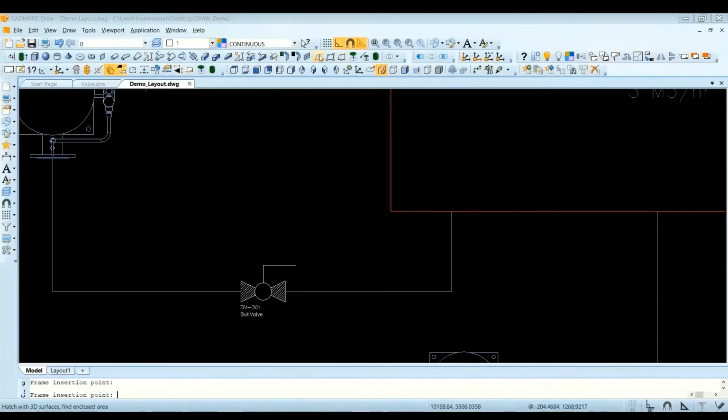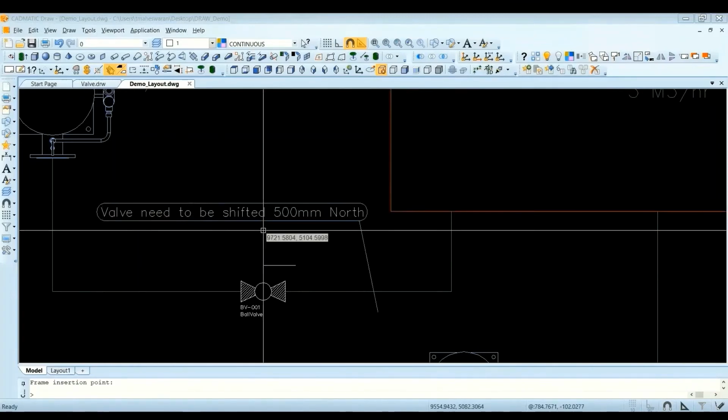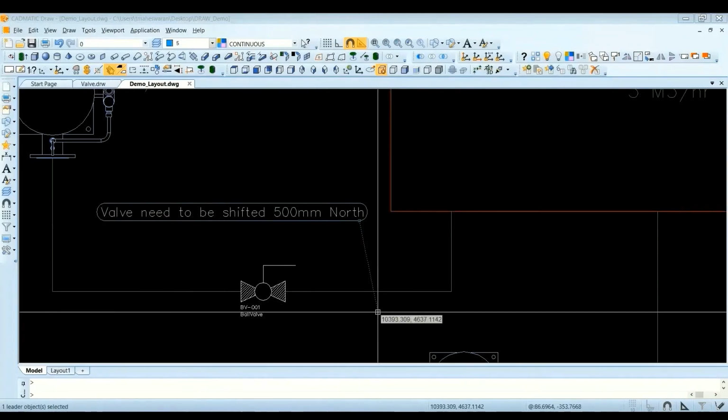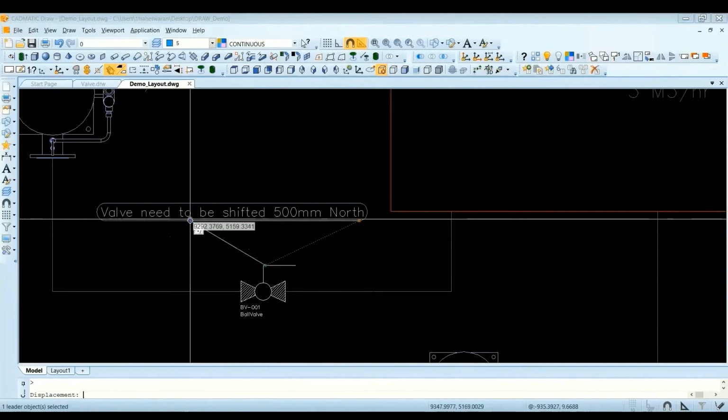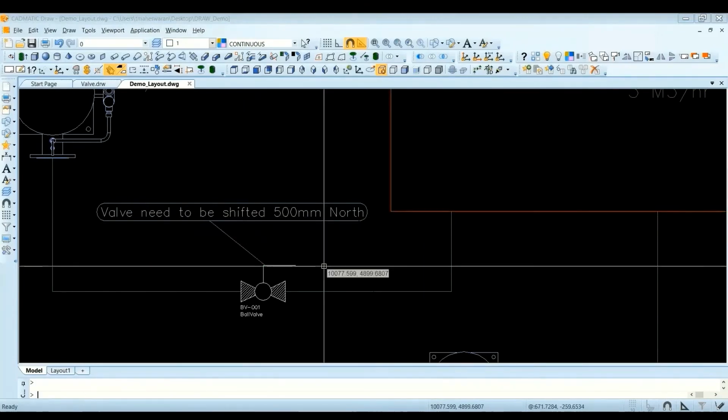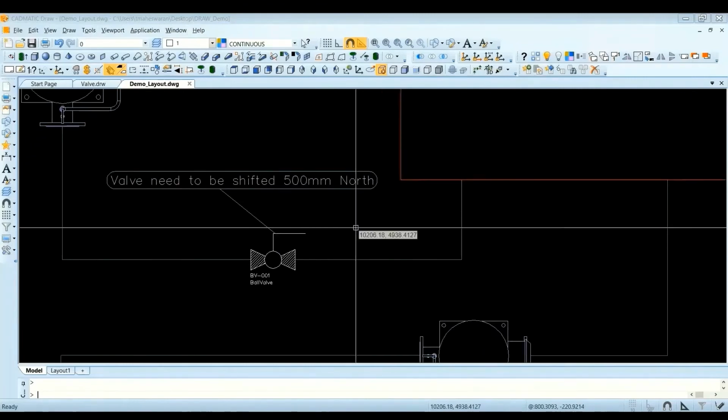So like this, one leader line will be generated, where you can use it for any comment purpose. If you have any comments, you can add them like this: valve need to be shifted 500 mm north. Like this, you can create many ready-made symbols also. You can type the command and place it with the leader lines.